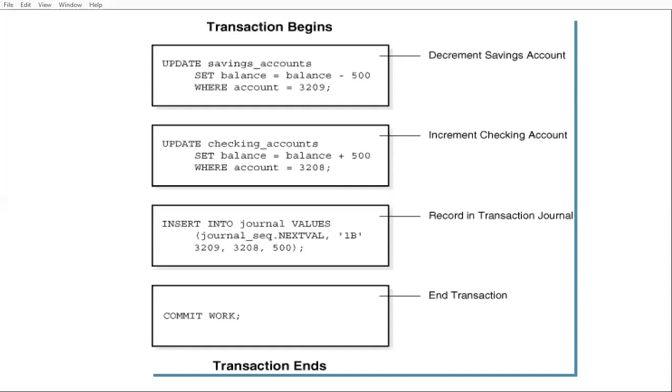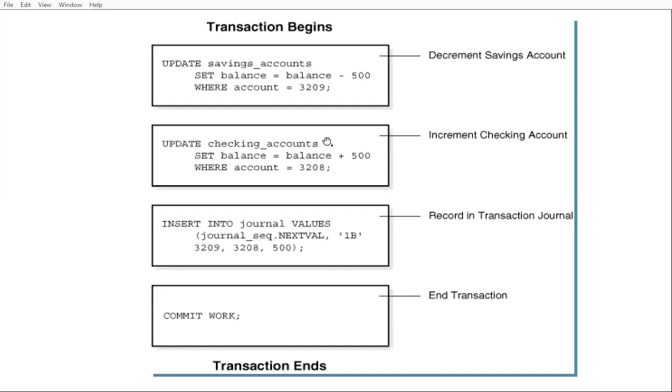In this example, we are going to send some amount from one account to another account. We have two types of accounts: a savings account and a checking account. From the savings account, you are deducting 500 from the balance, where the account number is 3209, and the 500 is deposited into the other account, the checking account, where balance equals balance plus 500.